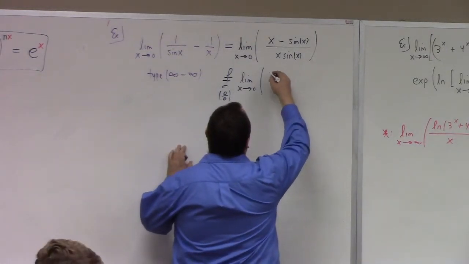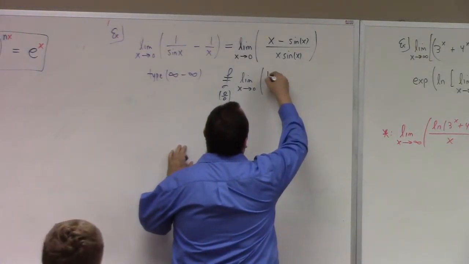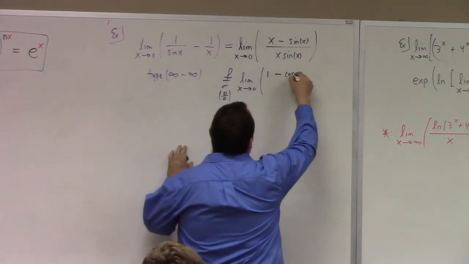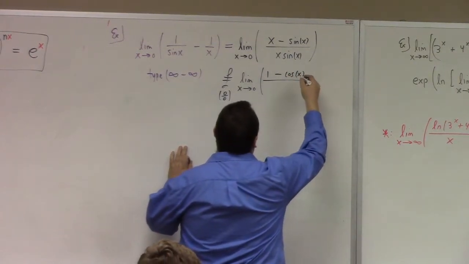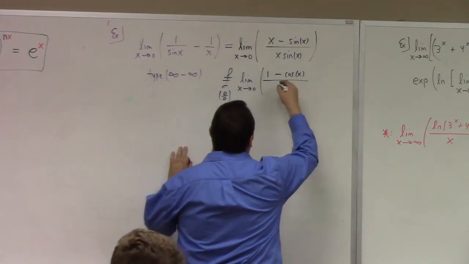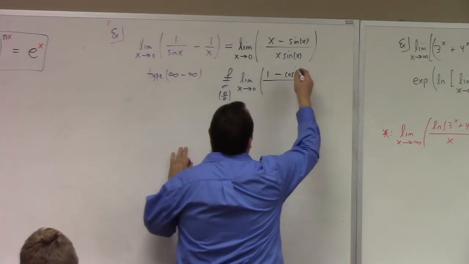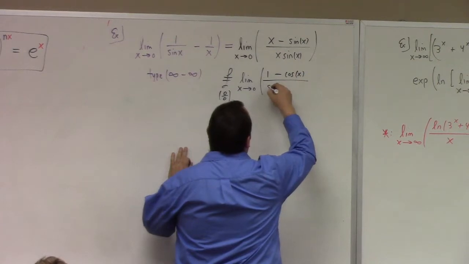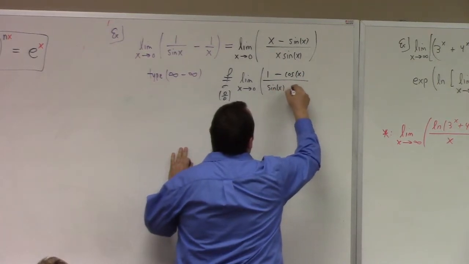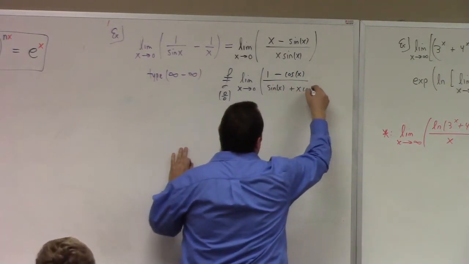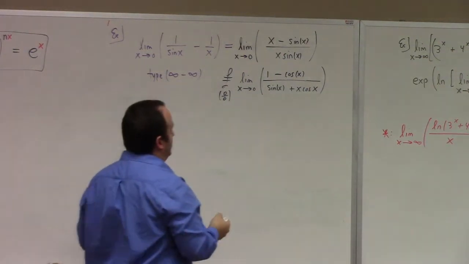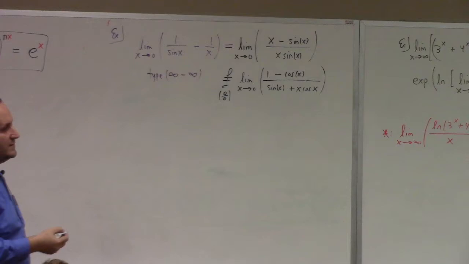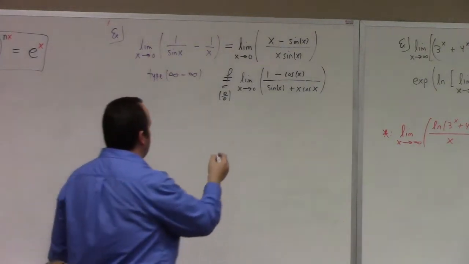Okay, so this is 1 minus cosine x. And also you can ask me questions about L'Hopital's rule problems Monday. You guys got questions now, you can interrupt me. This is sine x plus x cosine x. I'm about to cough. Oh, it's still 0 over 0, isn't it? But if we L'Hopital again,